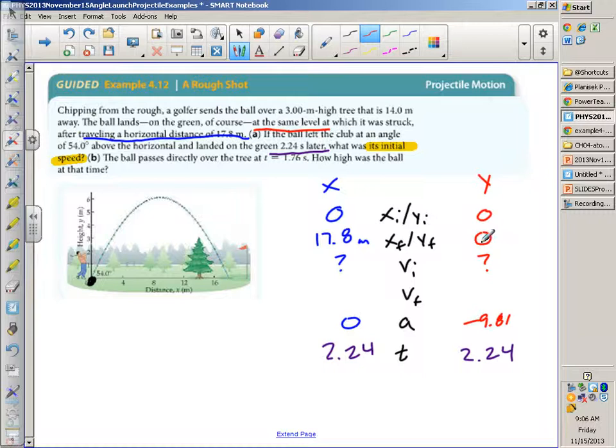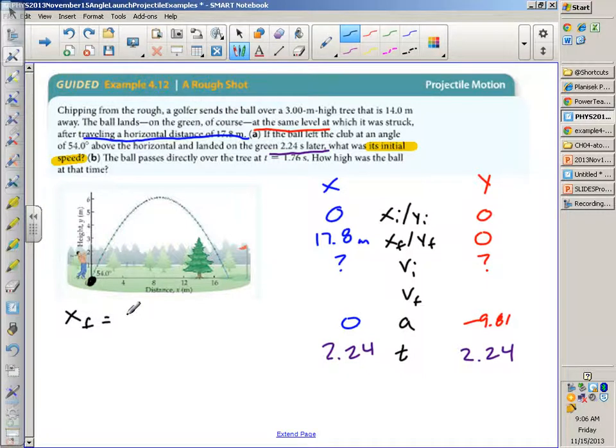Okay? So don't get confused there. Just because we made these both 0 doesn't mean it ends up in the same place. It ends up at the same height if we assume that ground is level, and we'll go from there. All right. We talked about that one of the equations that we use a lot in this section